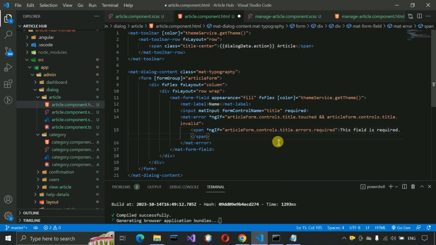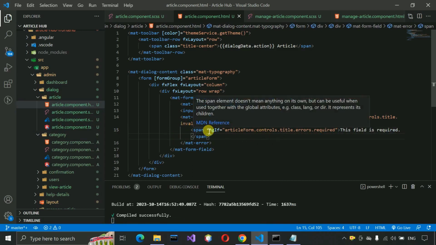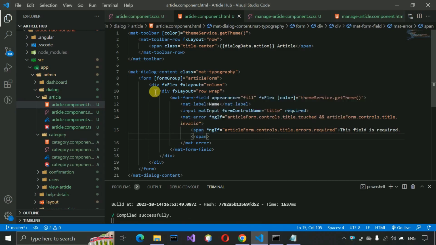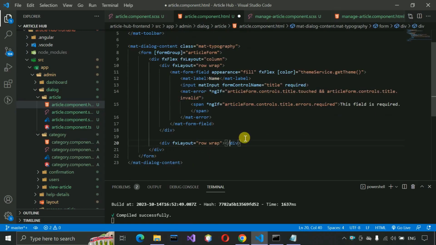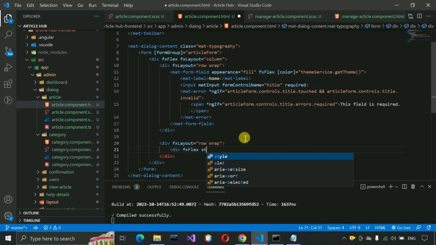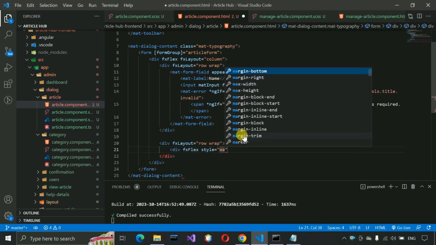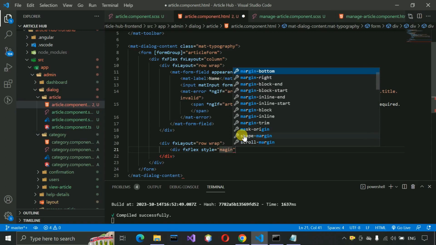Put and save this. After that we need to copy, actually after this we need to write the code for the ngx-quill. So here I'm going to just copy this part only, just outside of this div, and paste it over here. Okay, and then here inside this one we have to write div fxFlex, and style we are going to just margin, and then we are going to just put 10px,